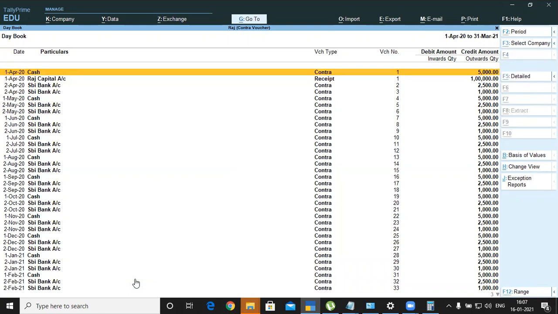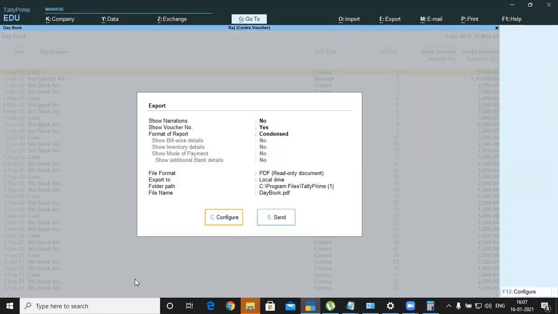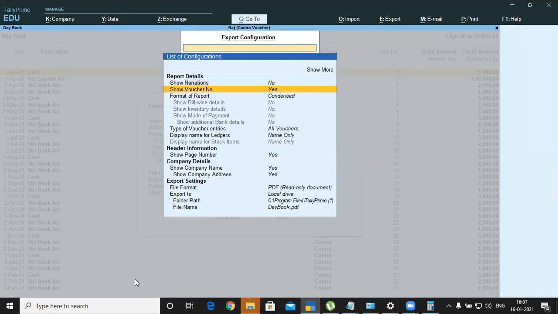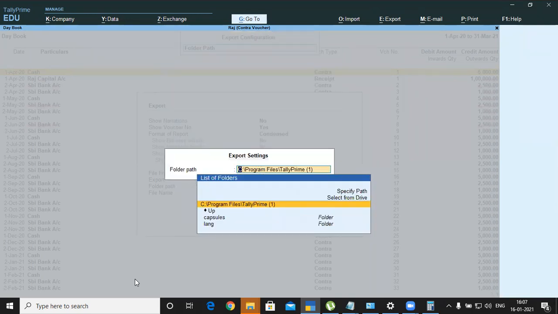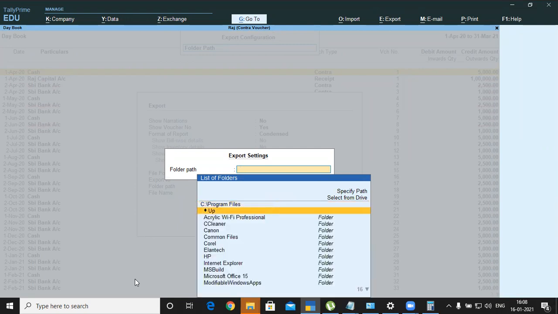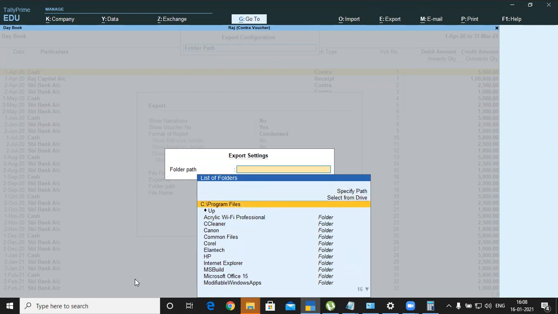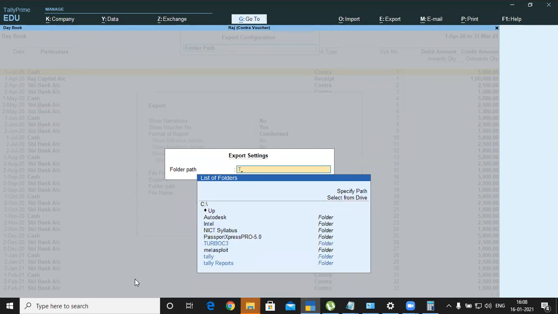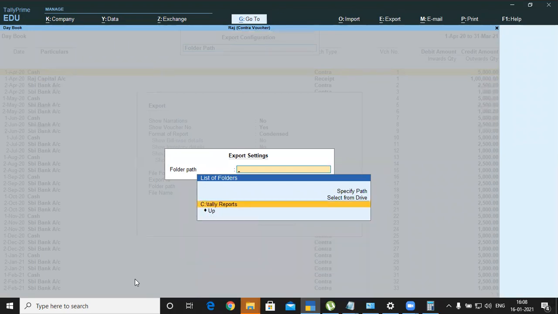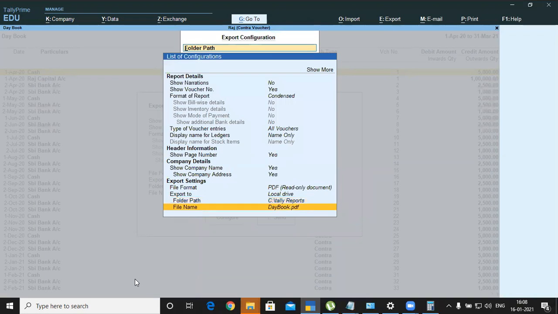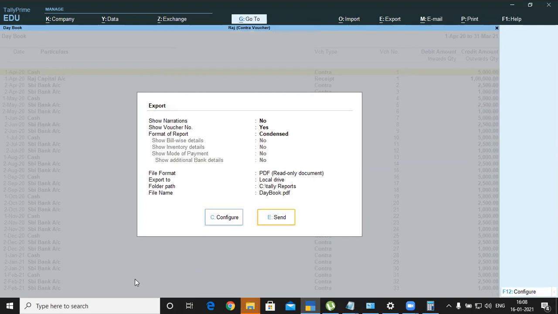As I said, Alt plus E, current session. So see to that, configure, set the path, C colon, or else go up, select Tally, specify the path, up button, select Tally reports, press enter key, daybook, let it be, then send it.